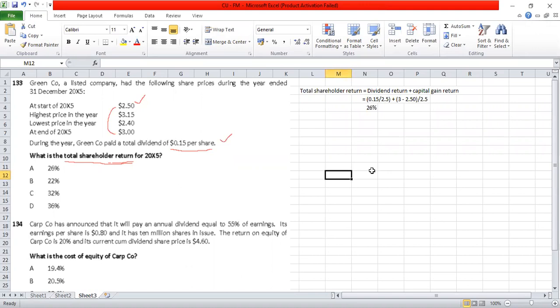So total shareholder return is equal to dividend return plus capital gain return. So we got it as 26%. The next one,